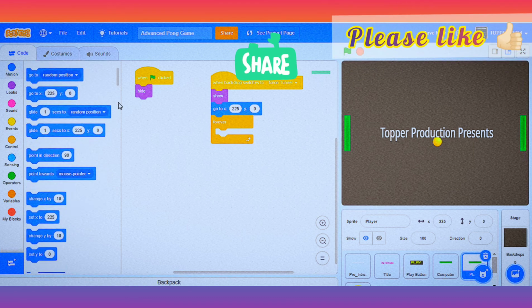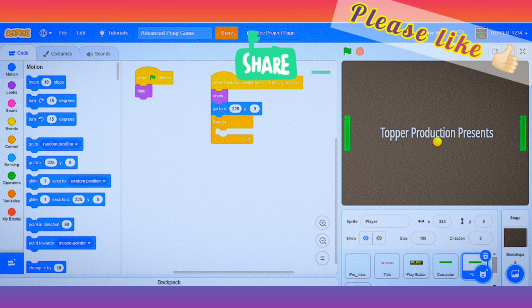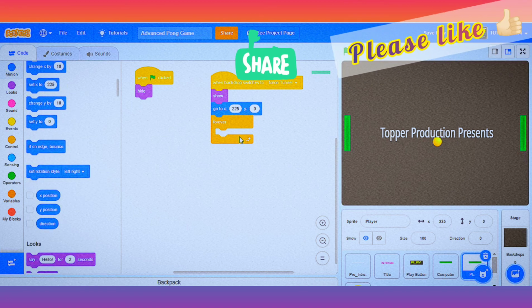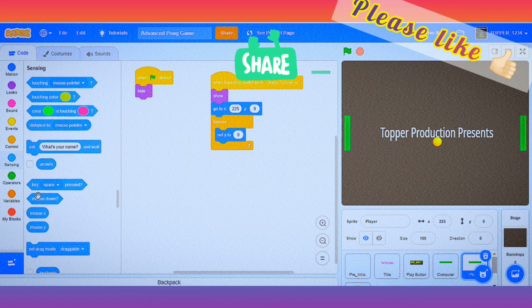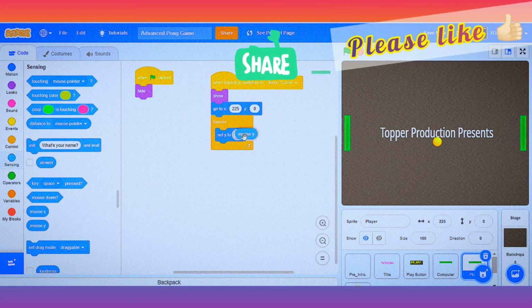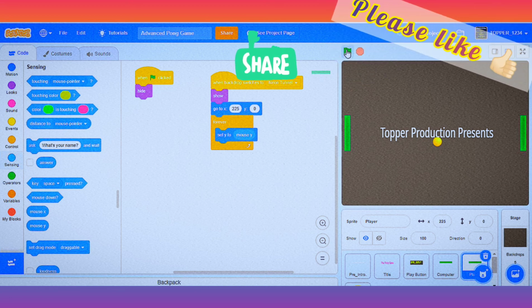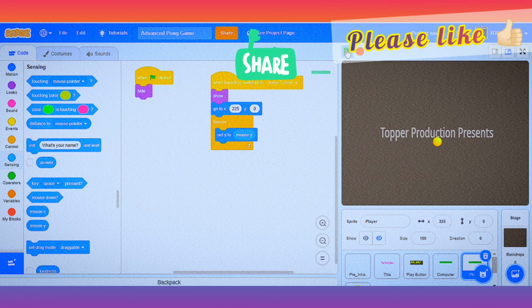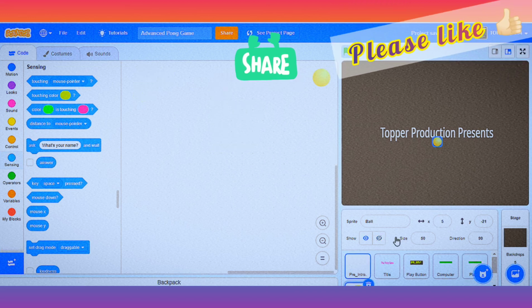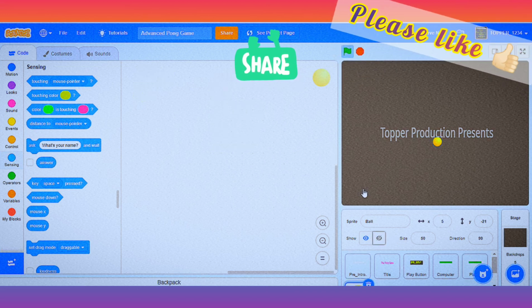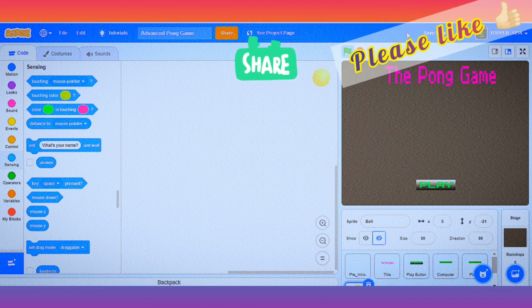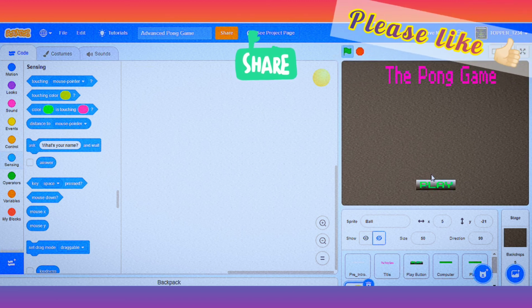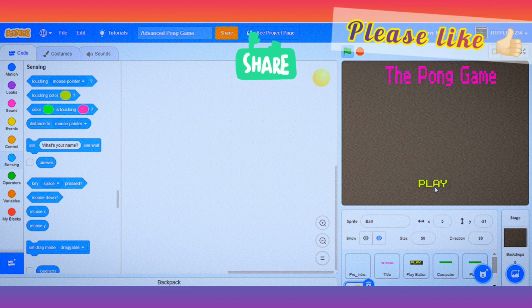Go to motion and select set Y to, go to sensing and select mouse Y. So let's check it now. Yes, it's working all right.